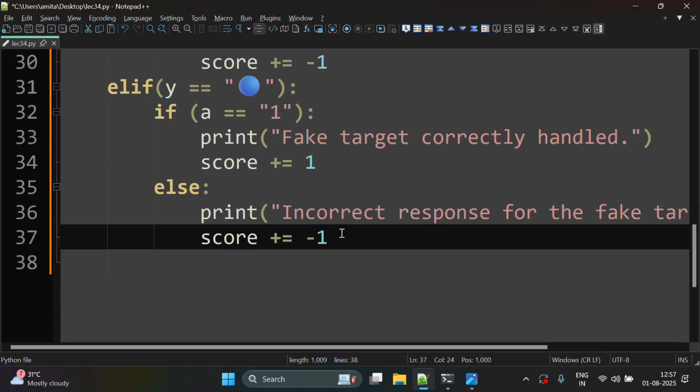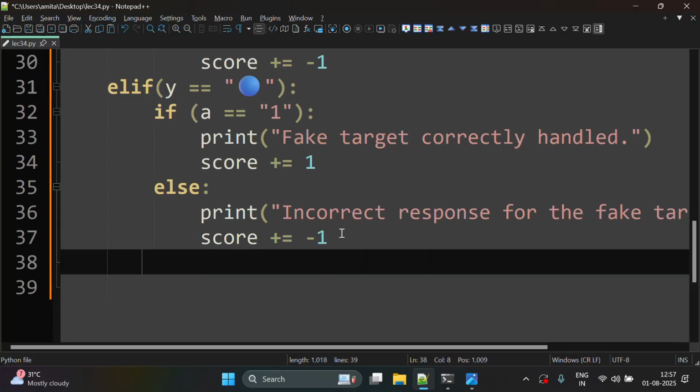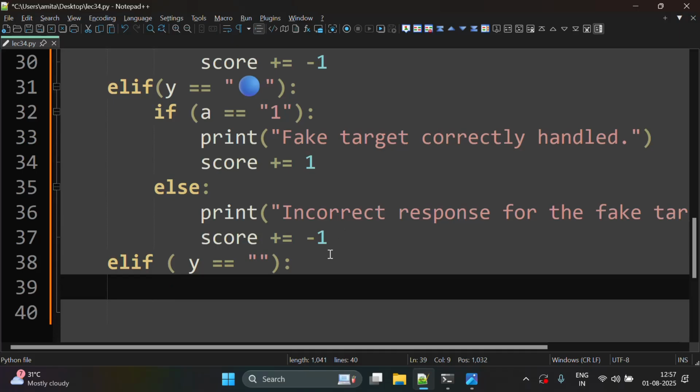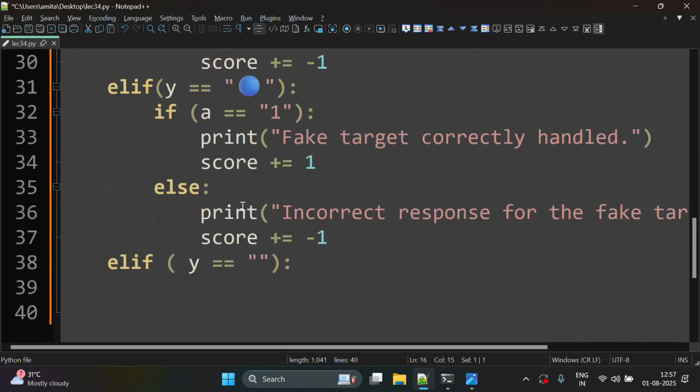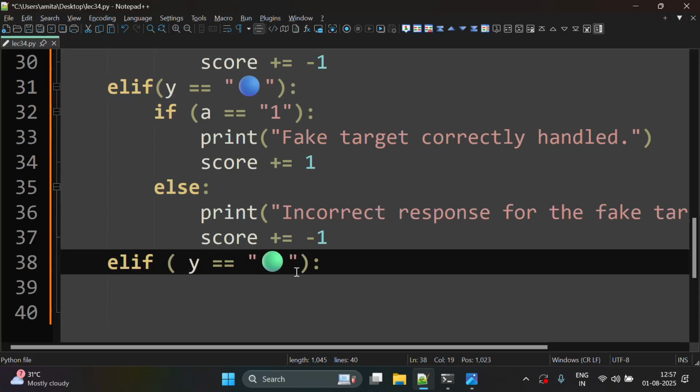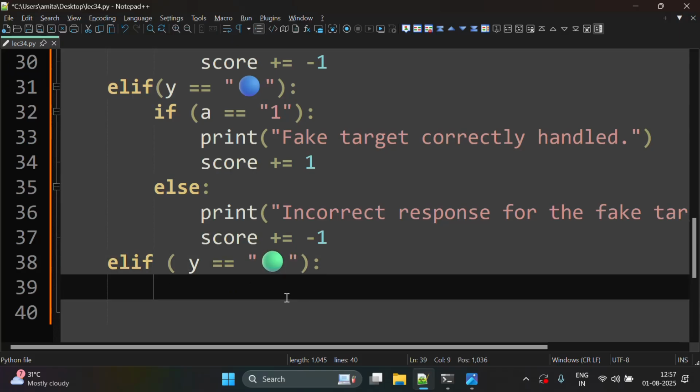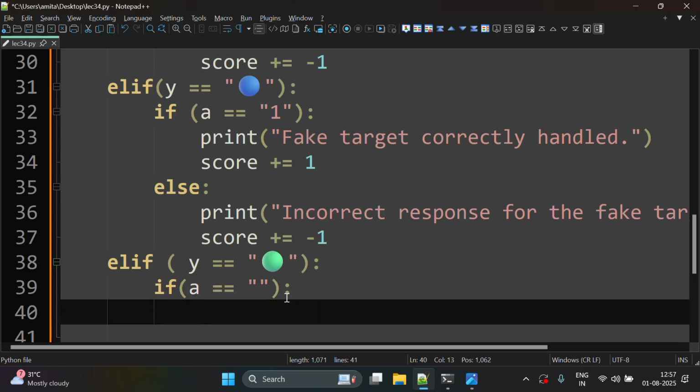then we'll see for the green one. So green one will be elif y is equal to green. So for the green one we want enter. So we will write here that if a is equal to no space, that means enter only, and then